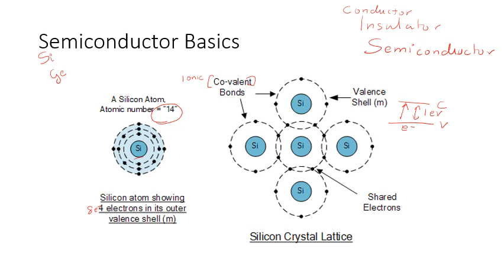Now to further understand this, the centermost silicon atom is stable right now because it has 8 electrons. But till an electron is free, it is not going to give me any current. So how exactly are you going to get current from an atom that is like this? The atom that you are seeing right now is known as an intrinsic semiconductor. This word intrinsic basically means that there are no impurities. This is a semiconductor that is pure. You haven't added anything externally, so it is an intrinsic semiconductor.